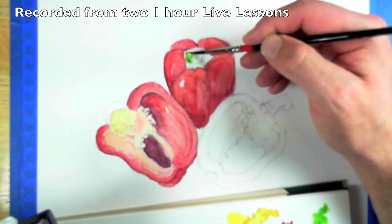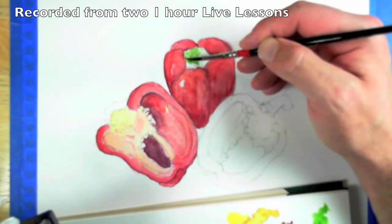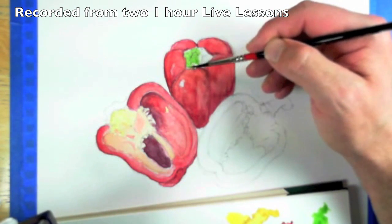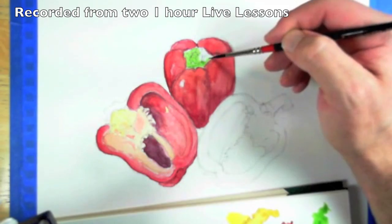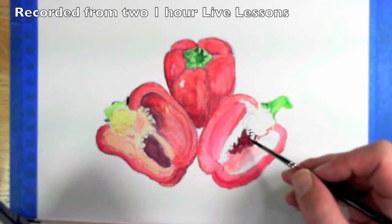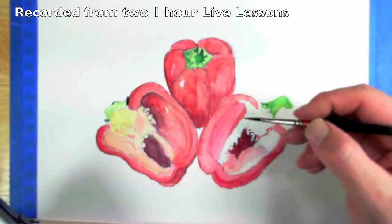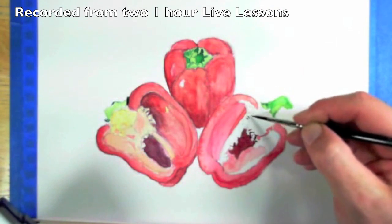And we're going to just go ahead and cover the whole area. Just a light transparent application. Still see our graphite marks through there. Just like I said at the beginning, you could really take this to